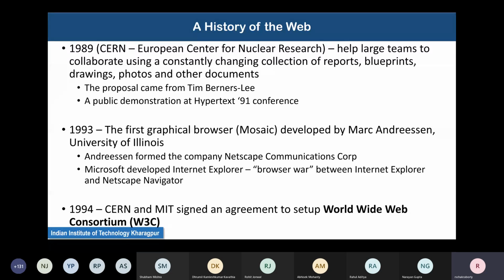Now there was this computer scientist Tim Berners-Lee. He is actually British. He came up with an idea called hypertext, which is a series of connected electronic documents. So you will open one document and then you click on one link that will open another document, etc.